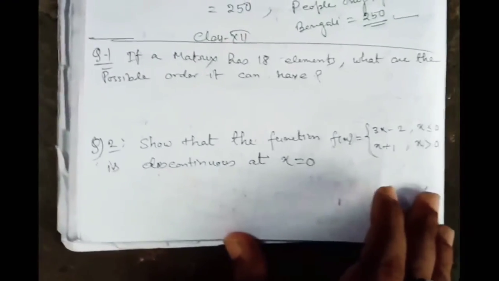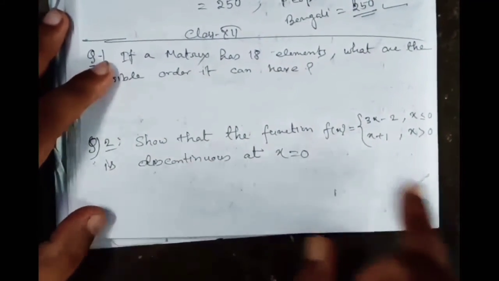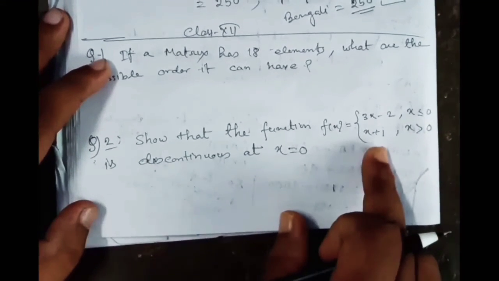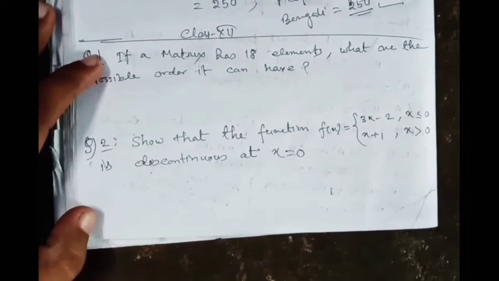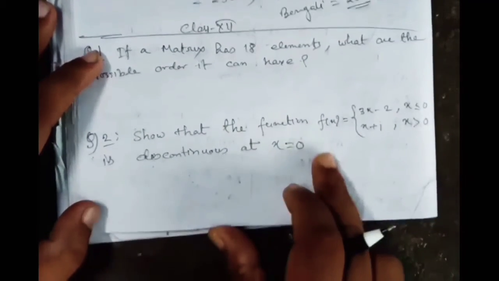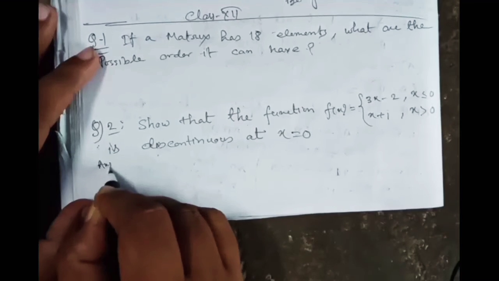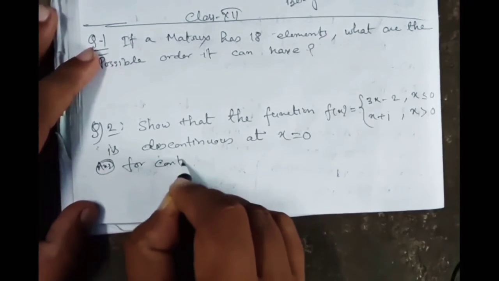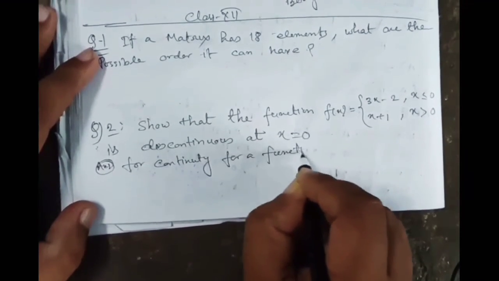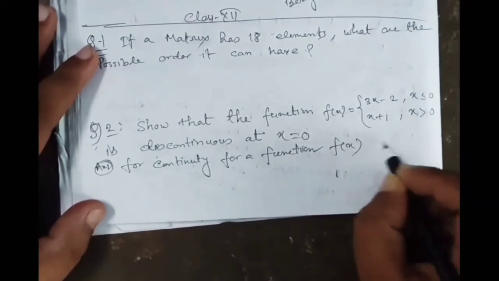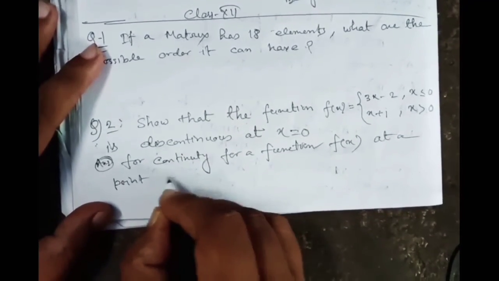Next, in this question, it is told us to show that the function f(x) is equal to this, and this is discontinuous at x equal to 0. We have to show that. So, for that, we know that for continuity for a function f(x) at a point a,